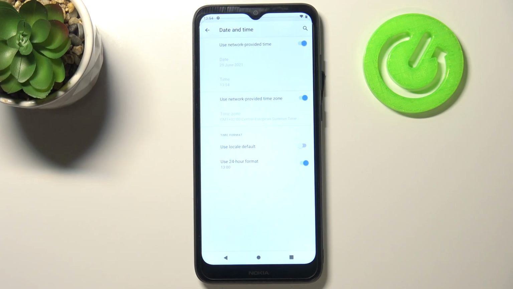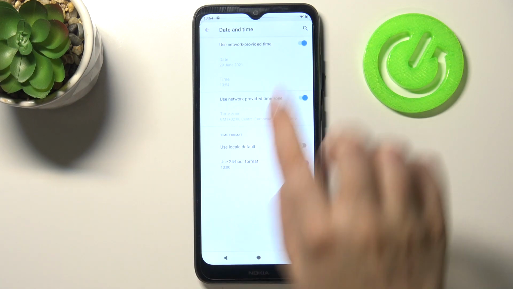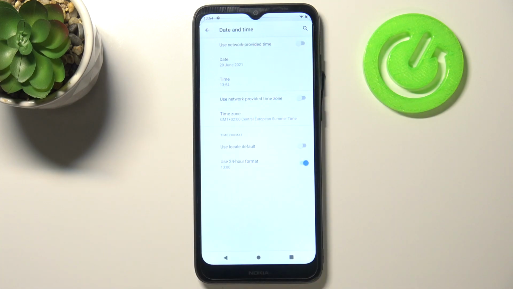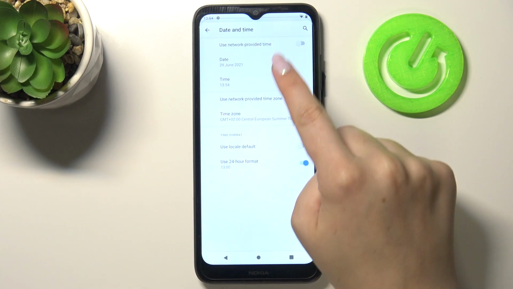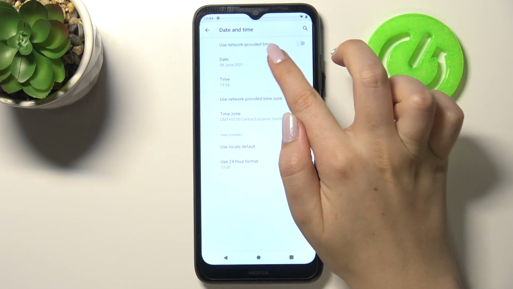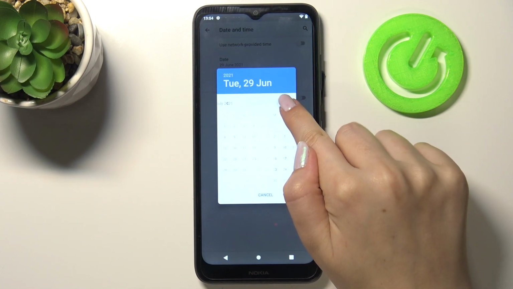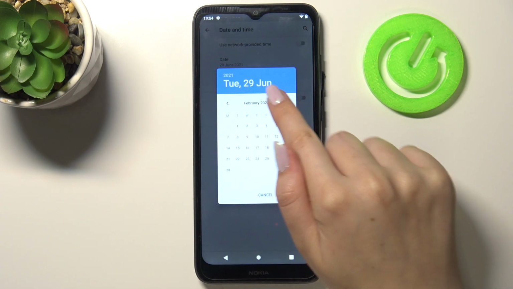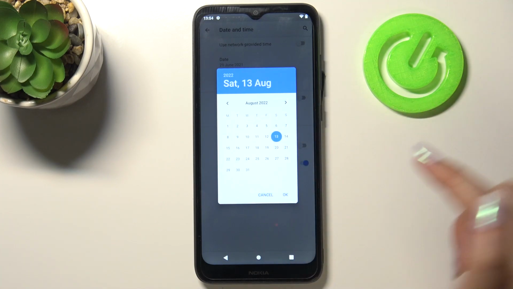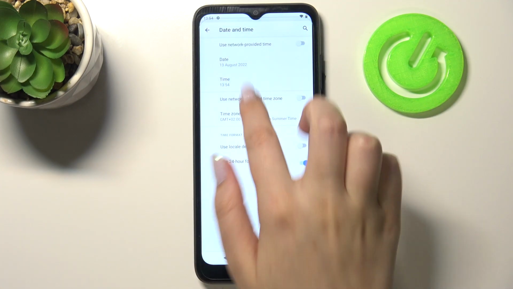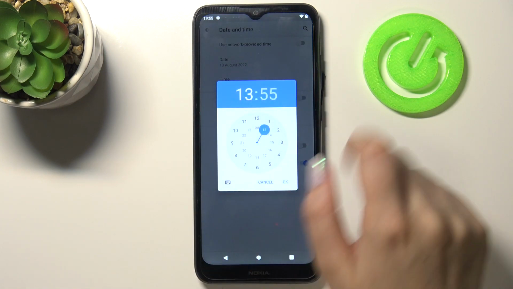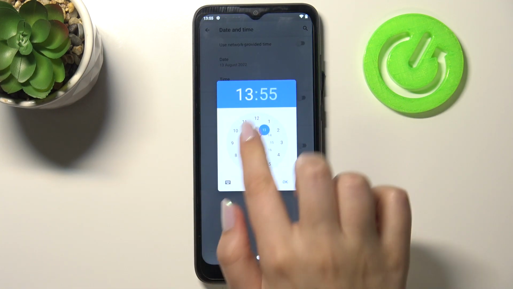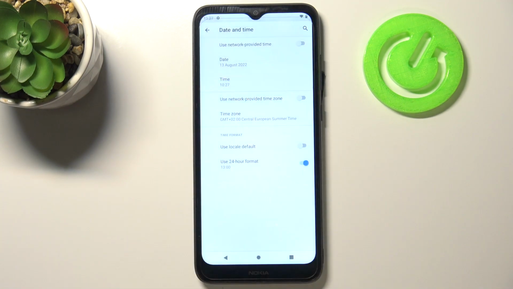So first of all, we can set the date, time and time zone manually. In order to do that, we have to turn off those network provided options, and as you can see right now, those three options are active, so we can freely tap on date, and from this calendar pick the date we want to use, just tap on the day and tap on OK, and as you can see, it immediately changes. The same situation with the time, the clock will appear and you will be able to pick the time you want to set, and after confirming it, it will be immediately changed